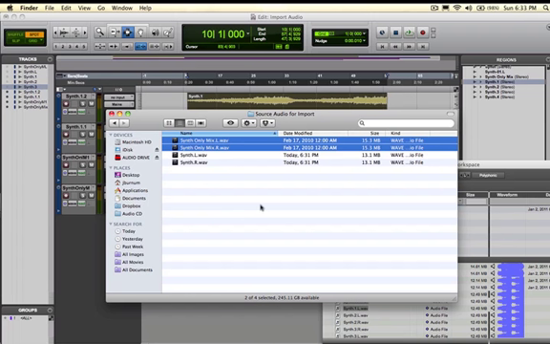But there's a lot of conversion, and a lot of strange things can happen here because you may not know exactly what the file is. It doesn't tell you it's 24-bit. It doesn't tell you it's a 48 kilohertz sample rate. So these are some scary things you have to watch out for. It's great, it's simple, but you can get into a lot more degradation of your audio when it has to be converted. So before we start talking about bringing audio in from your Finder or Explorer, we need to talk about